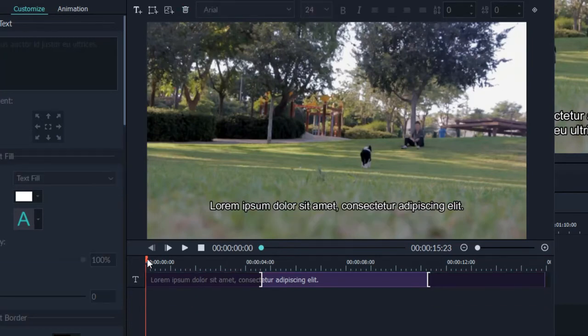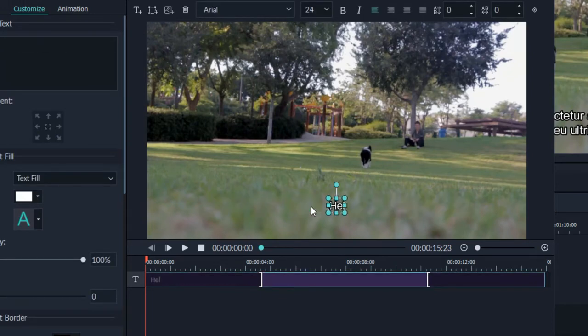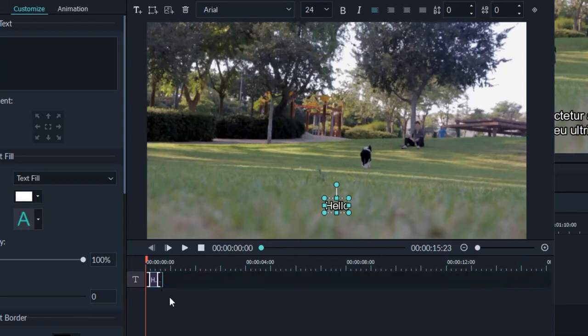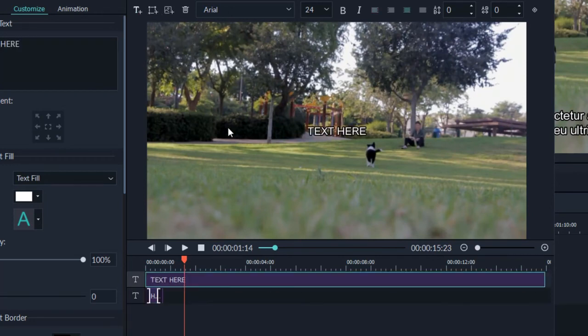Now the video starts here. For example, I just want to say hello here, so I'll change it and type hello, and I want this to appear till here only, so I'll move it till there. So now let's play and check it out, right? And I want another text to appear after it, so I'll click on this add text here, and I'll move it again there.